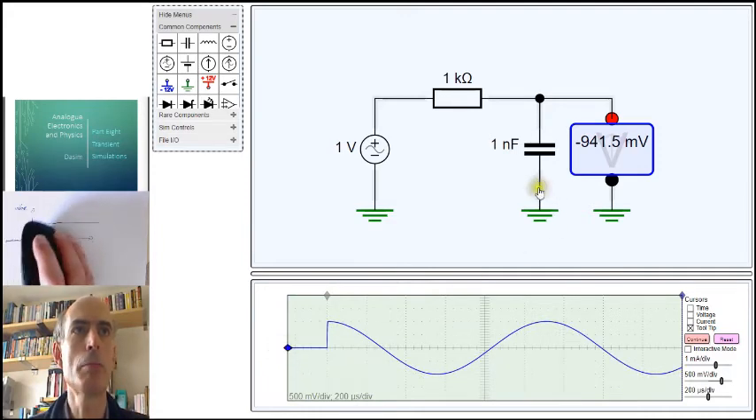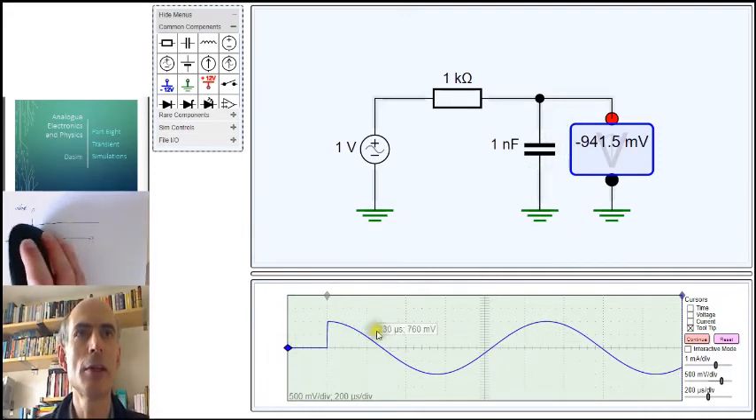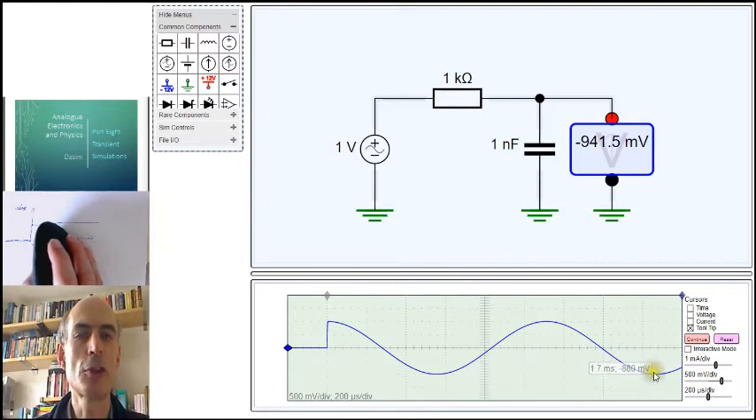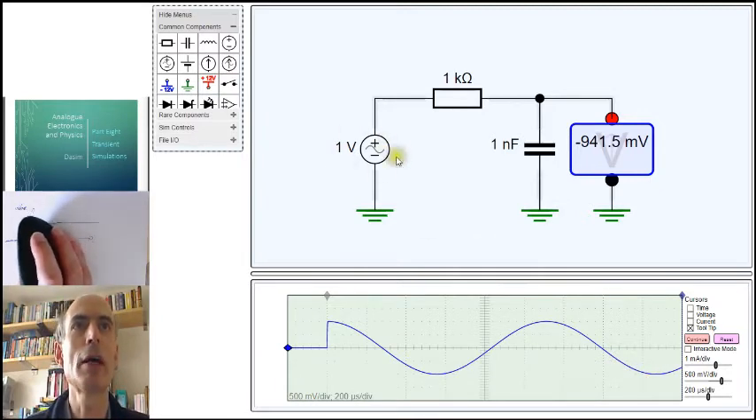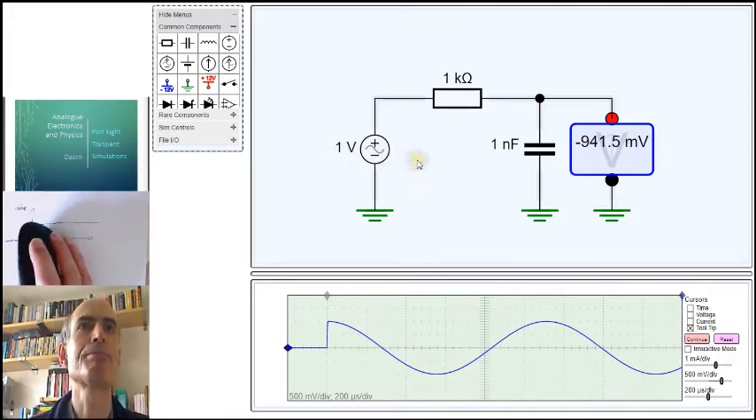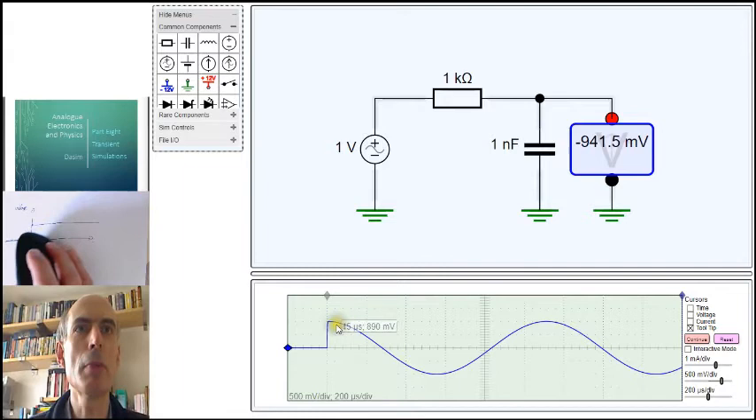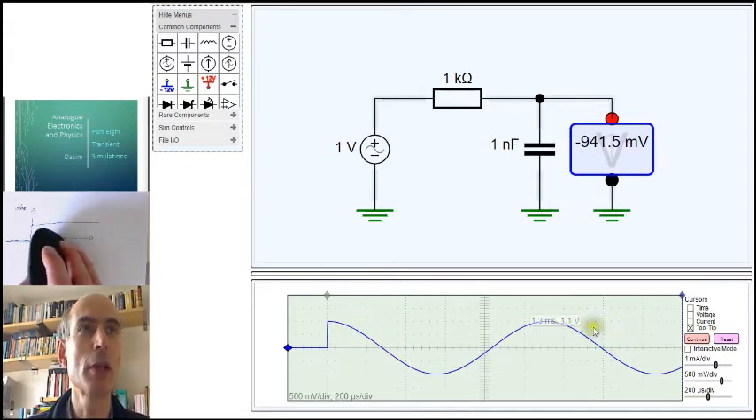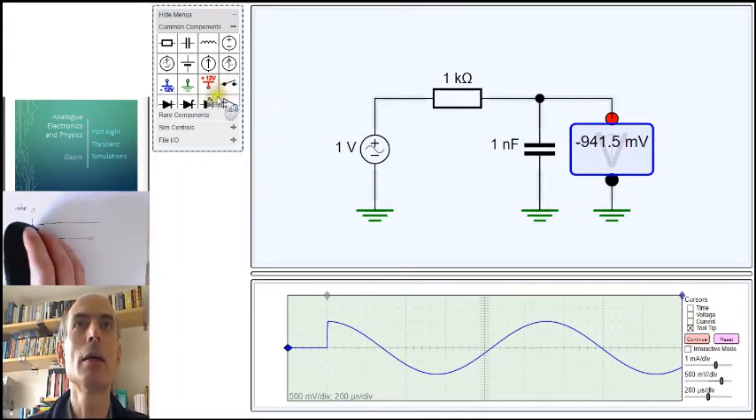You see, the output, the voltage across the capacitor, is now a sine wave. It's going up and down, reflecting the fact that the voltage on this voltage source is going up and down as well. I can plot as many plots on the transient simulation output as I like. I could, for example,